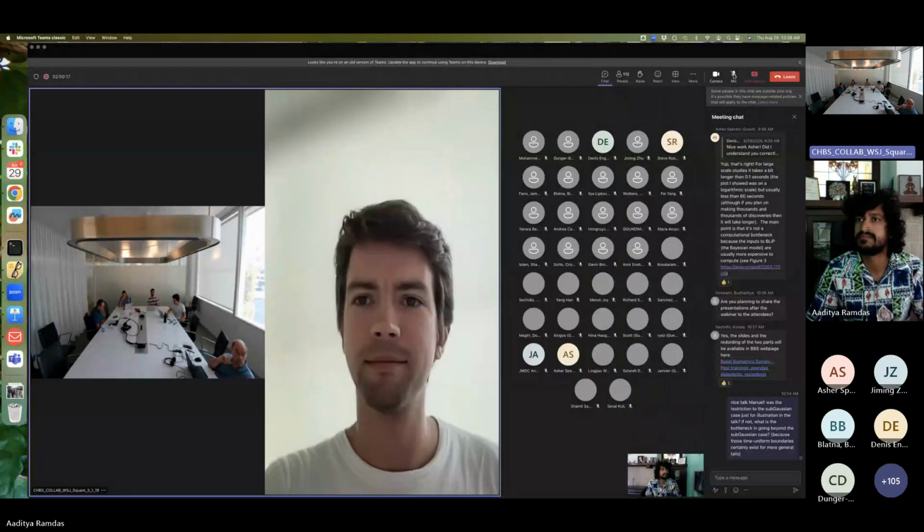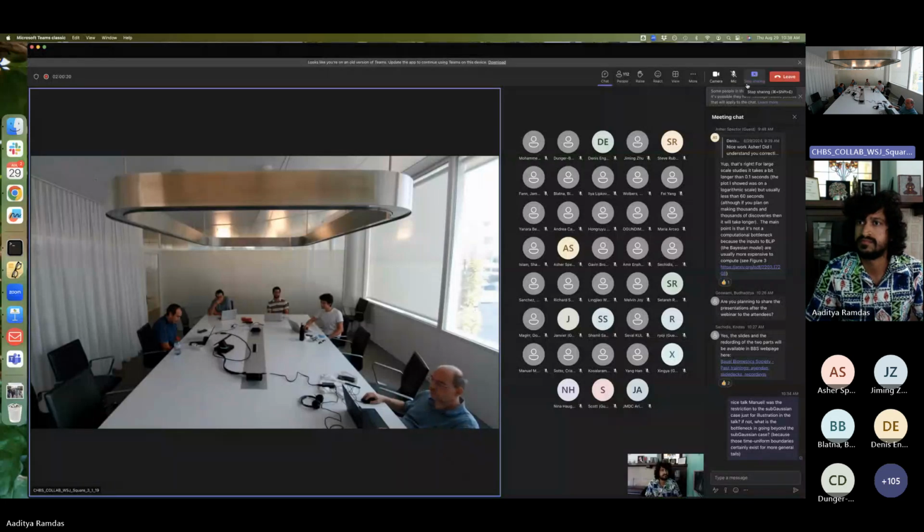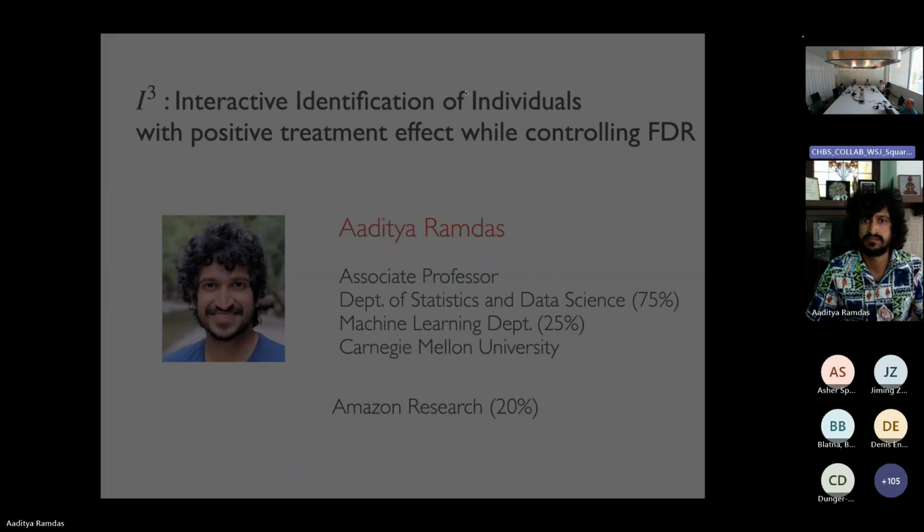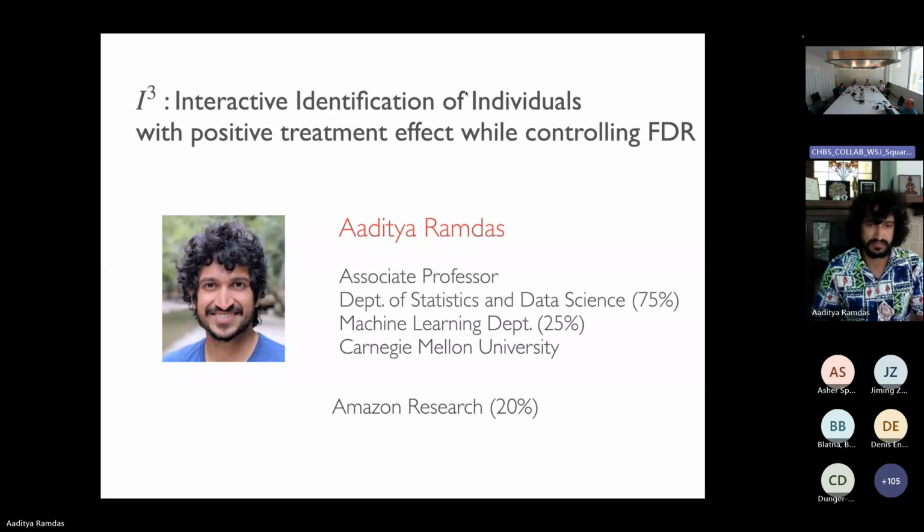Now, the next, last but definitely not least, is Aditya Ramdas. He's an associate professor at Carnegie Mellon University in the Department of Statistics and Machine Learning. He received the Sloan Fellowship in Mathematics, the IMS Peter Hall Early Career Award, the COPSS Emerging Leader Award, the Bernoulli New Researcher Award, an NSF Career Award, an Adobe Faculty Research Award, and a Google Research Scholar Award. His main research interests include selective inference, game-theoretic statistics, and modern predictive inference. Now, thanks a lot, Aditya, and we're looking forward to the presentation. The floor is yours.